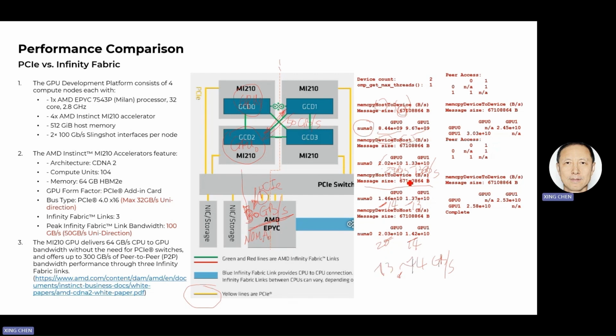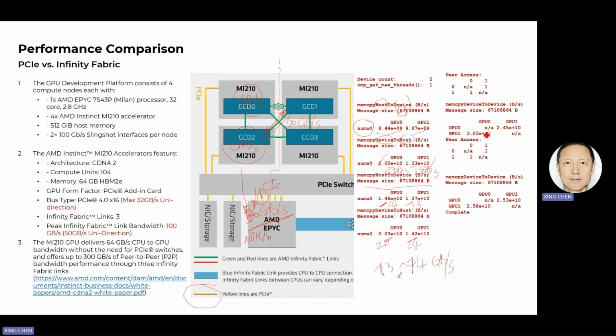You measured multiple times, and you take the bandwidth. You don't take the number at the very beginning because of the cache effect, and pretty much you need to forget about the maximum numbers. So I can safely say the bandwidth is around 13 to 14 gigabytes per second from the CPU to each one of the two GPUs. Okay, that's what we measured, and then we are going to measure the bandwidth between GPUs, because each NUMA node,